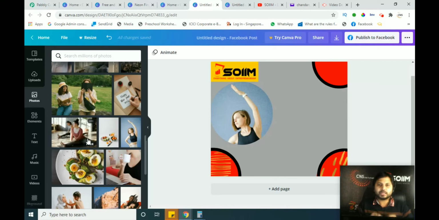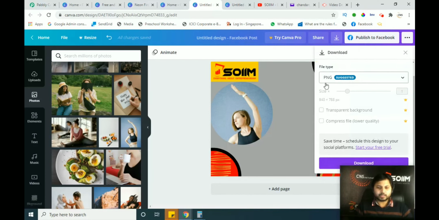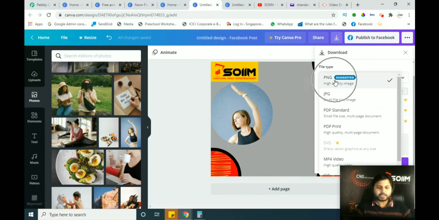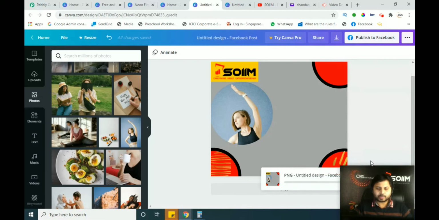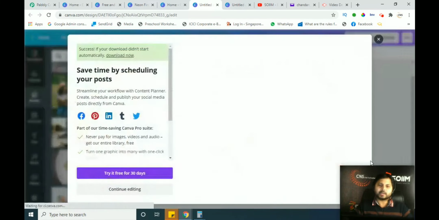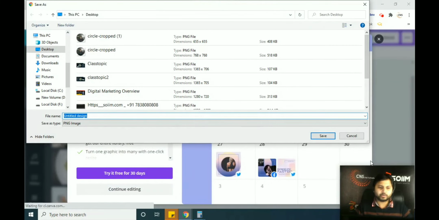So it's very easy. Now you are already aware of the tools, how we have done this. If you want to download this image, how can we do this? Simply, there is a download button in the top right of the section. Simply click on this. You will see a lot of file types. PNG is high quality, so you can use the high quality image here. You can download JPG and PDF as well. I will simply click on PNG high quality, and here you can see download. Simply click on download, and after clicking, the file will be downloaded to your system, and you can use it anywhere, whether it is social media, any group, or wherever you want.